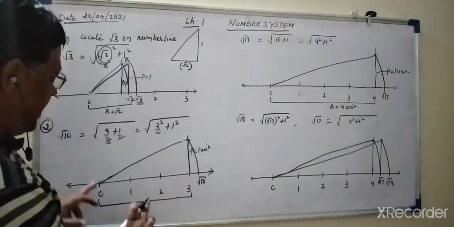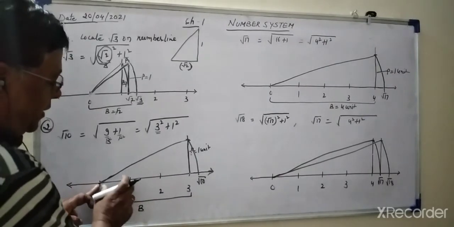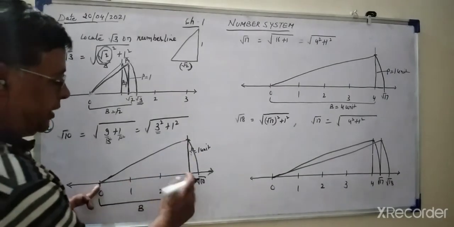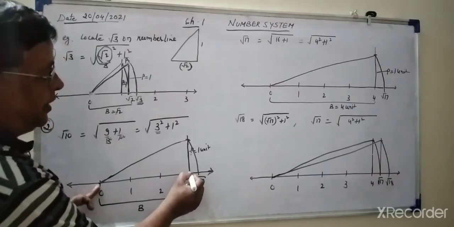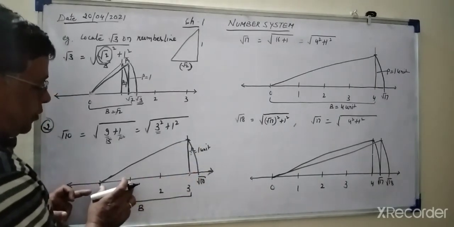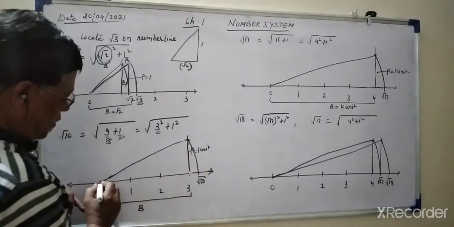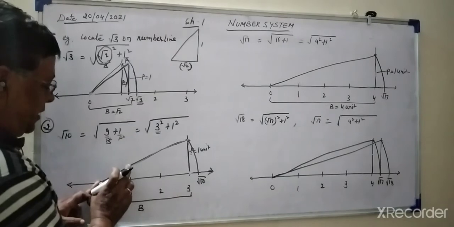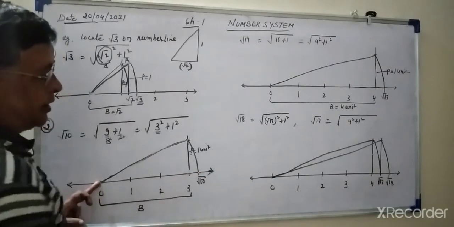So we take the base as 3 units. We draw the number line, divide after 0 in equal units, say 2 centimeters: 1, 2, 3. So 3 units is the base, and at the point of 3 we draw a perpendicular, or 90 degrees. Then we take the compass up to 0 to 1 unit only, put the compass here and cut the arc. Then you join this point to this point. Then you open the compass from here to here and cut the arc. Wherever it intersects the number line, that is root 10.